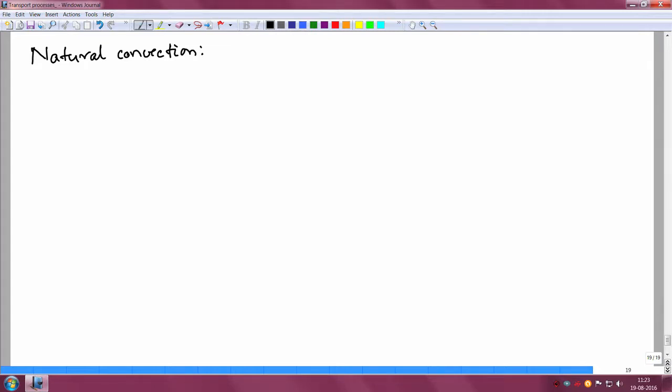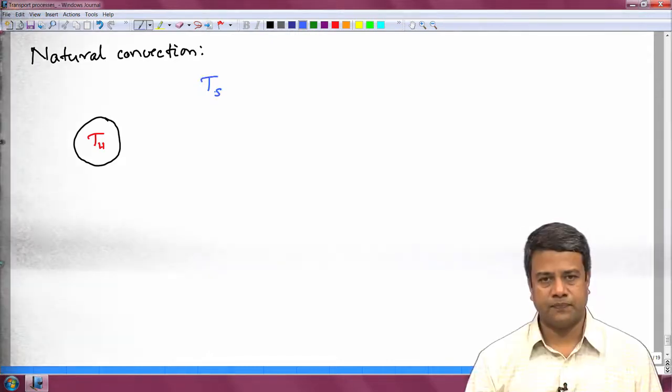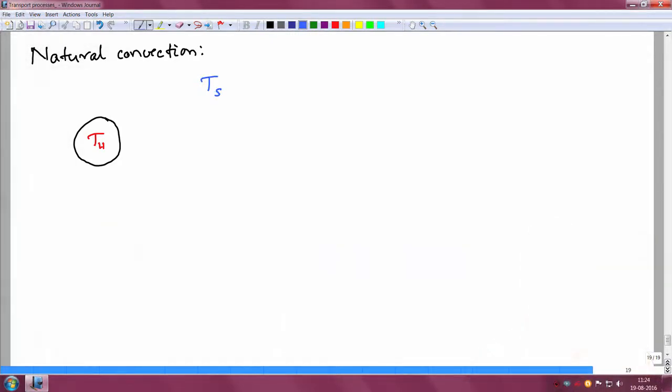It could be either just air or water. The object itself is at a higher temperature, which is significantly higher than the surroundings, whereas the surrounding temperature is much colder. And because of that, what happens is that the air close to the object is heated up,